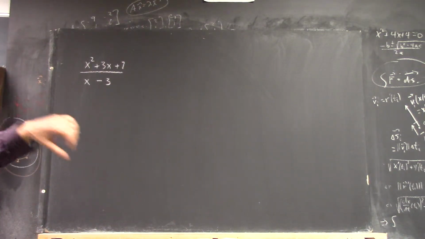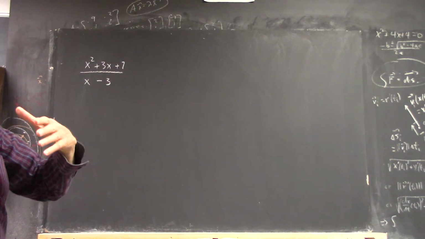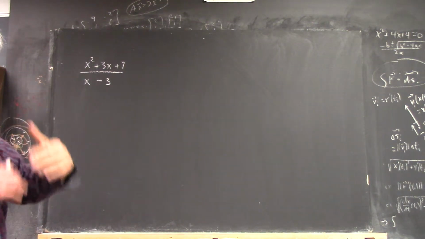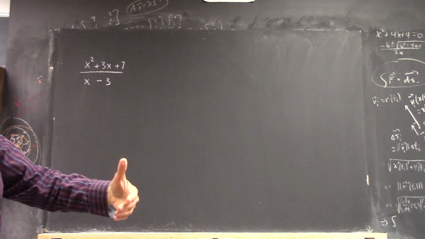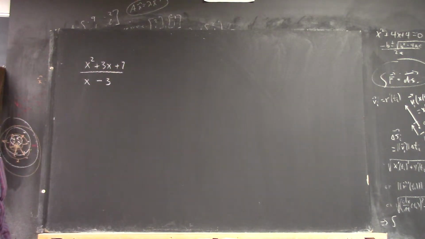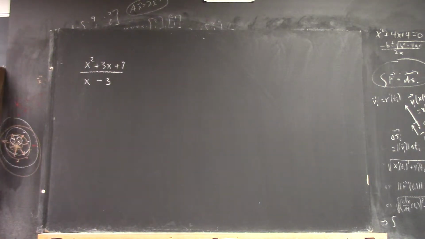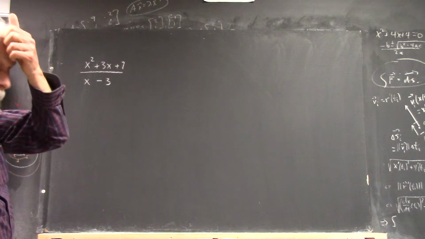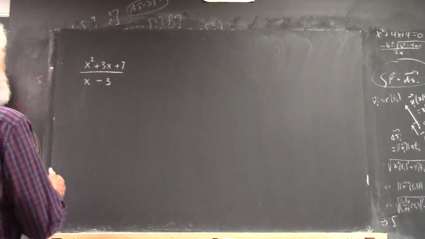So, in some sense, it acts, at least near 3, like the 1 over x graph shifted 3 units to the right. It's also vertically stretched because this thing has a value, right? Okay, so we want to kind of look at that. Now, the easiest way to look at it, or maybe the easiest way, is do a long division. Okay? So,